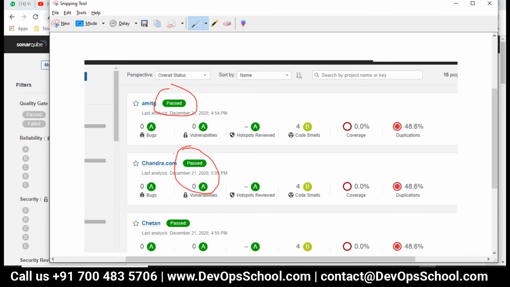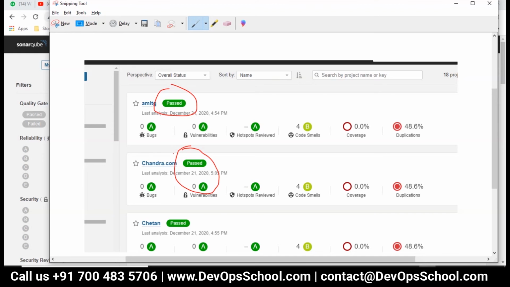Same code. But if you are giving bad code that has bugs and security issues, code smells I can still ignore for some time, but not too long. But you have bugs in the software, you have security issues in the software. Why should we build that code? Why should we package that code? Why should we deploy and test that code and then release? No, that should be failed.